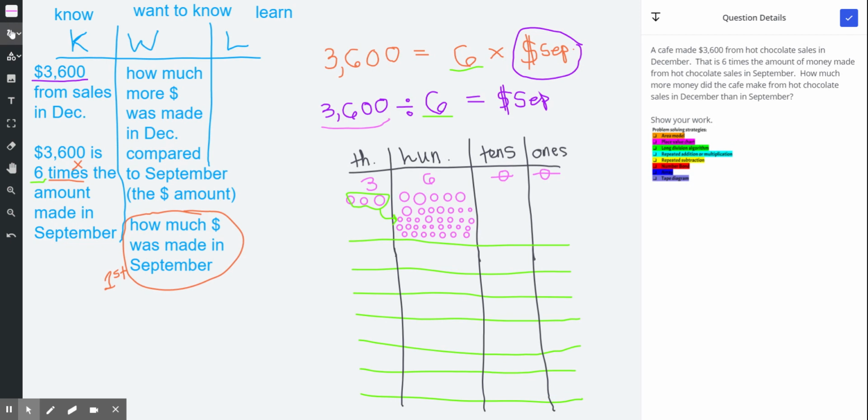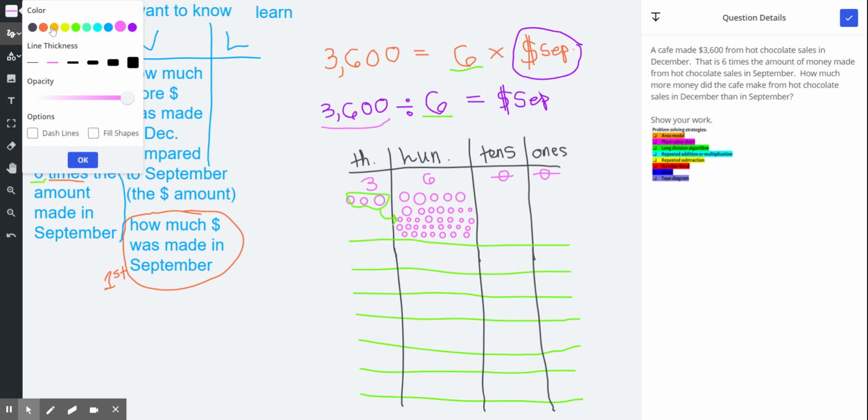So the next step is going to be distributing my 36 dots into equal size groups of 6, so that we have 6 rows. I can distribute 6 at a time. So I start, 1, 2, 3, 4, 5, 6. Awesome. And now I need to drop 1 circle into each of my